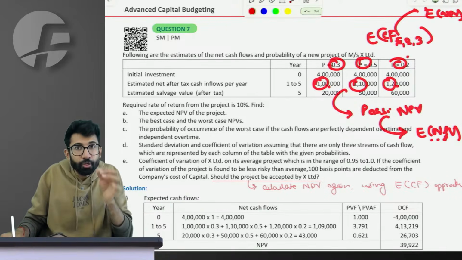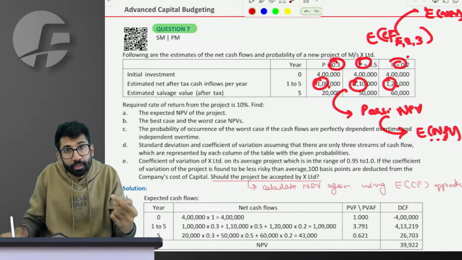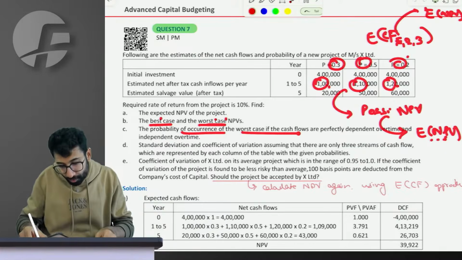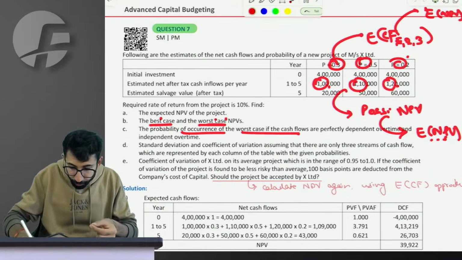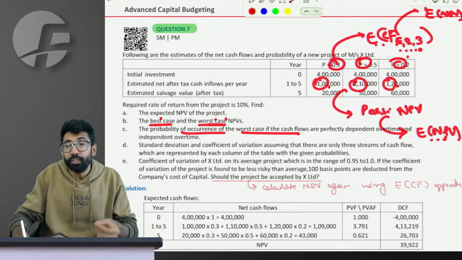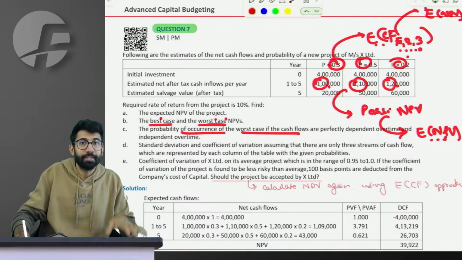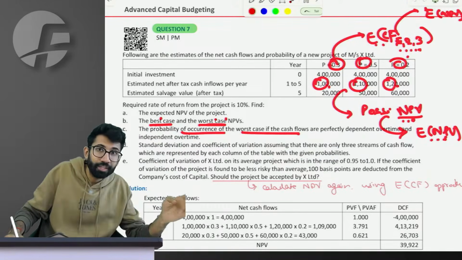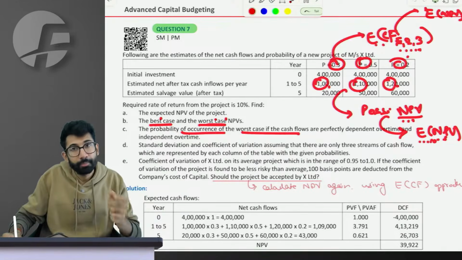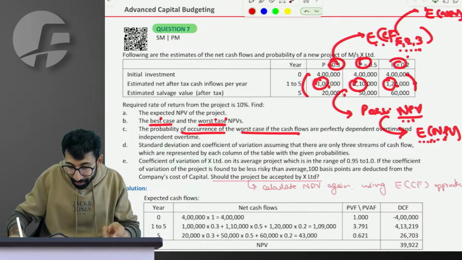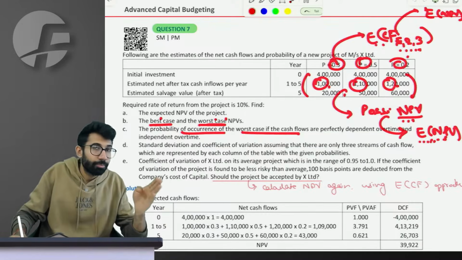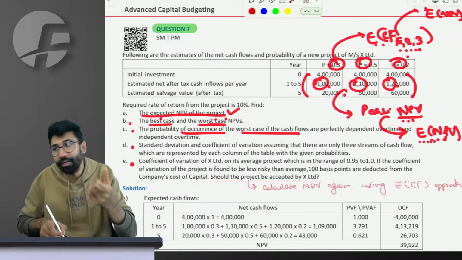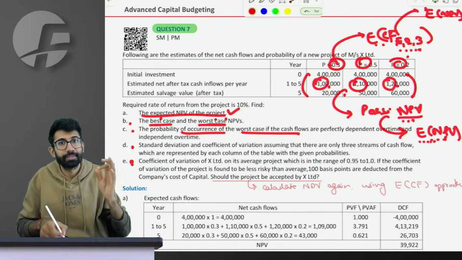Sir, it's best to figure out first the question belongs to which category. As you read the question ahead, they talk about the best case and the worst case and so on. Do you agree that if you first calculate the expected cash flow, then you will not have individual case-wise NPV? That is only possible when you calculate individual scenario-wise NPV, and then you are able to comment which is the best or the worst, which is why what approach will we need to follow? First calculate individual possible NPV and then calculate expected out of it, so that in the coming questions you can directly comment which is the best and the worst. Could I convey this? Right?